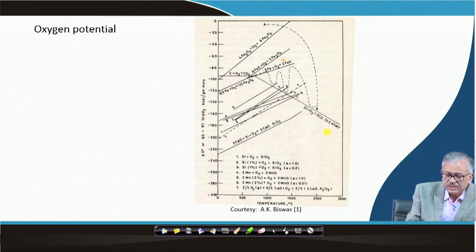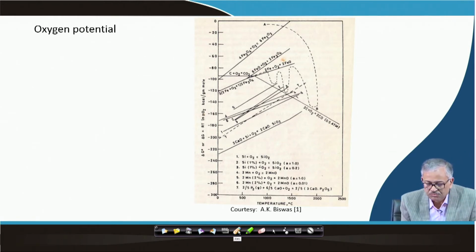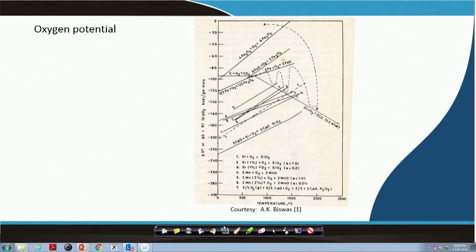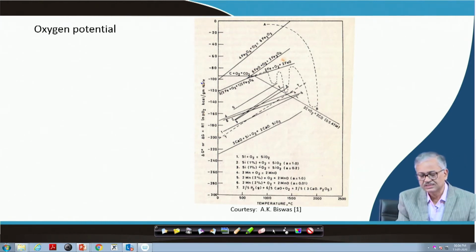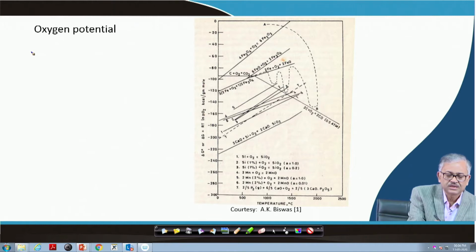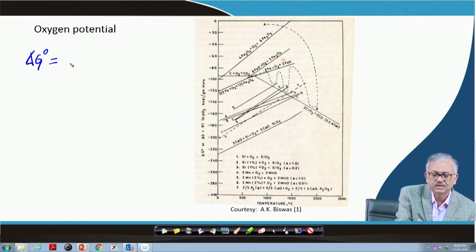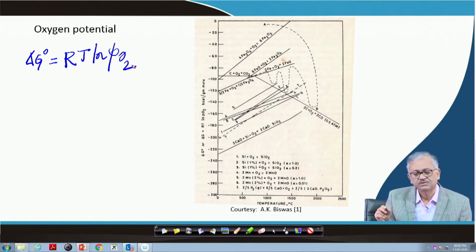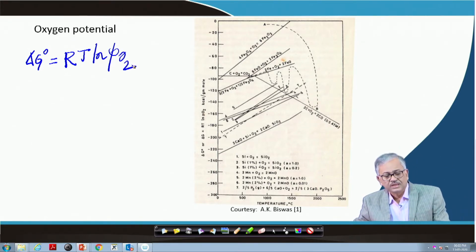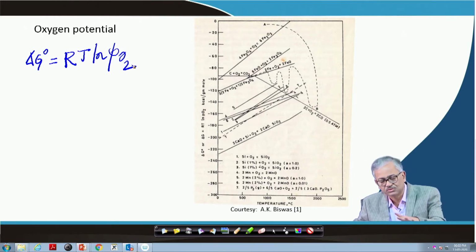And the y axis basically gives what is called the oxygen potential. Now, this oxygen potential, the y axis is basically the standard free energy change. Standard free energy change is basically delta G naught is equal to RT ln of partial pressure of oxygen. Okay. So, that is the y axis, that is basically the oxygen potential of various oxides,